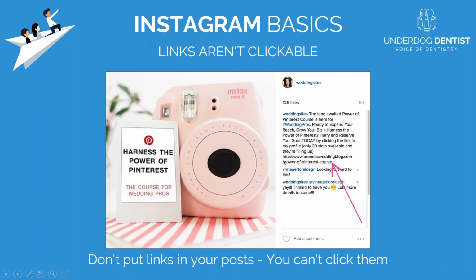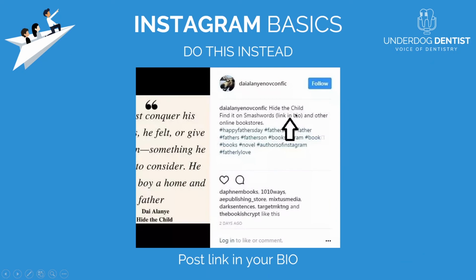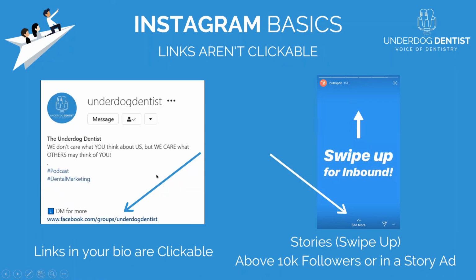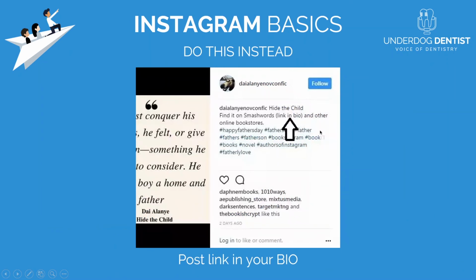So don't put URLs in your caption. It doesn't look good to begin with, and if your user is not able to click on this, it becomes kind of annoying to the user also. So there is a workaround. In your caption you can mention that the link to my page, or the link to whatever you are trying to sell, or even if you are sharing your email ID, is in bio, and you can update your bio link with the link that you want the other person to click on. This is a way to counter this.